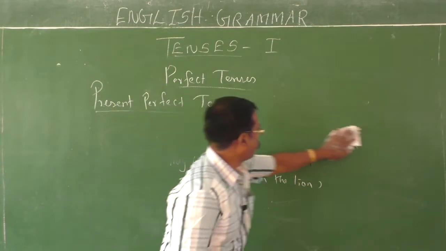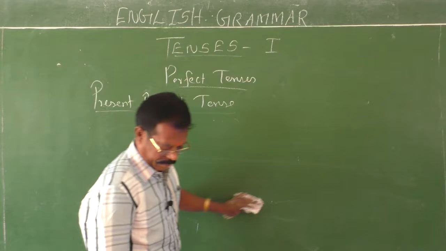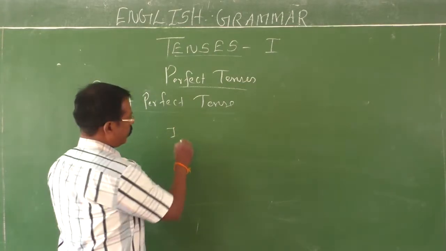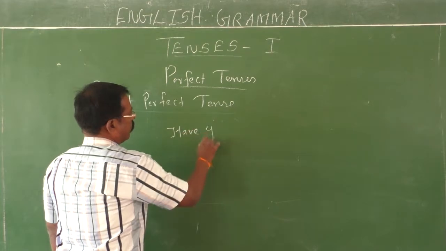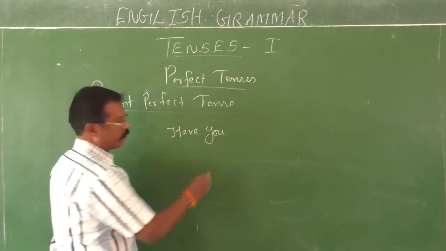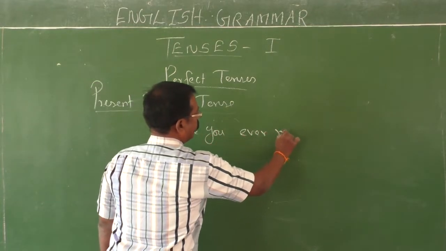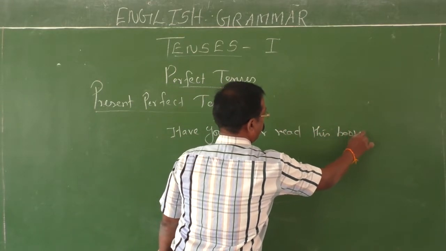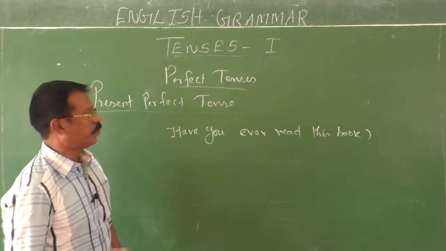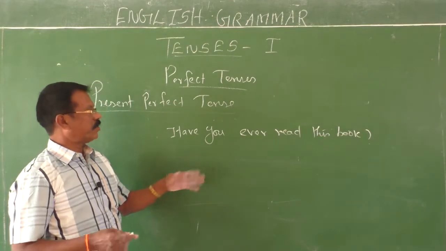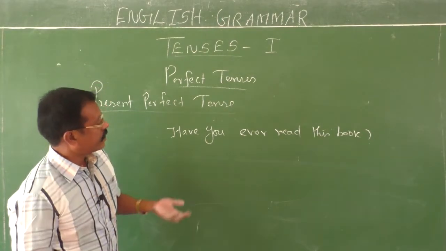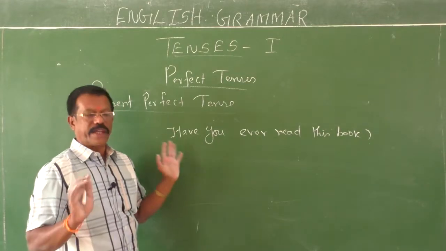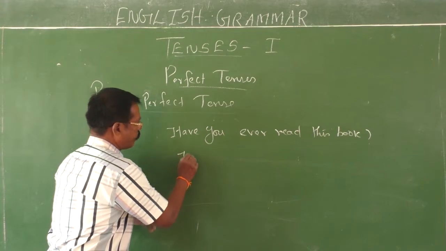Some more examples I would like to give you. Have you ever read this book? So this is a question in the present perfect tense. For this question you can give different answers. Yes, I have already read this book, you can say like that. I have never read this book, you can say like that. And then see,